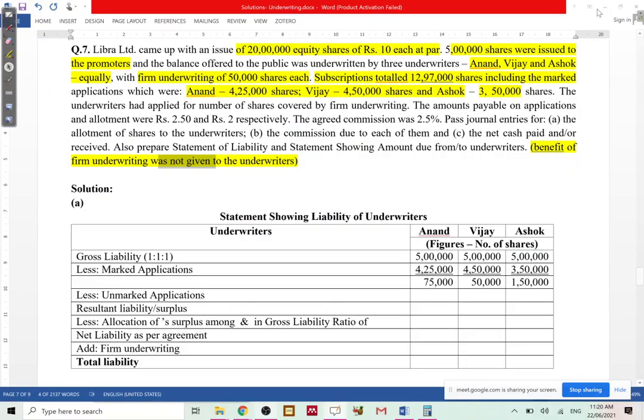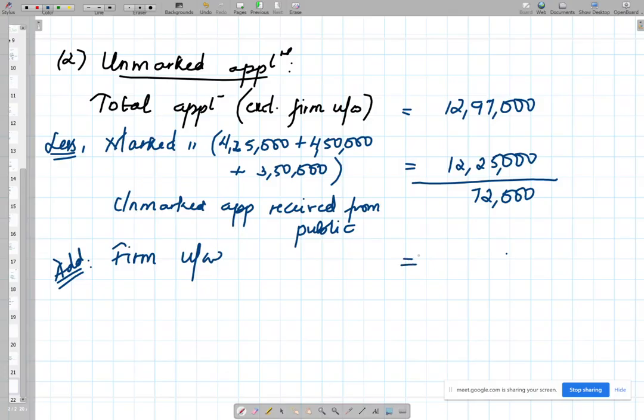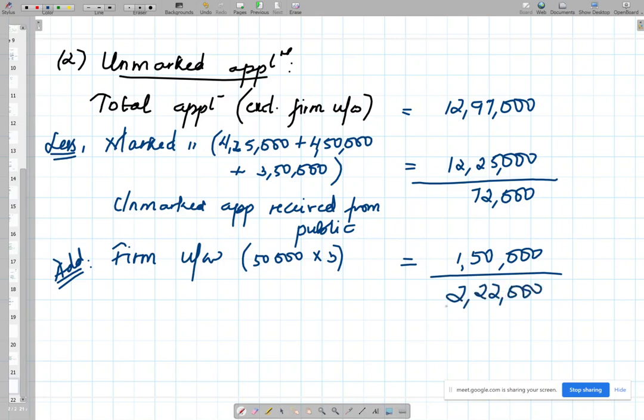Okay, firm underwriting shares. How much were they? 50,000 each. Correct? So that gives you total. If it is 50,000 each, that means it is 50,000 into 3 underwriters. You have 1,50,000. Just add this up. Okay. So after adding the actual total unmarked applications become these many. Total